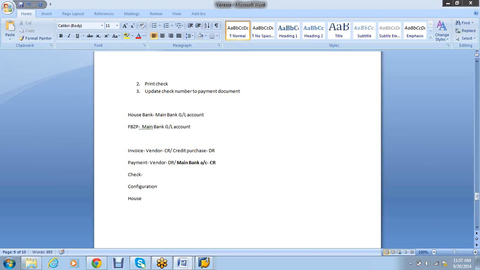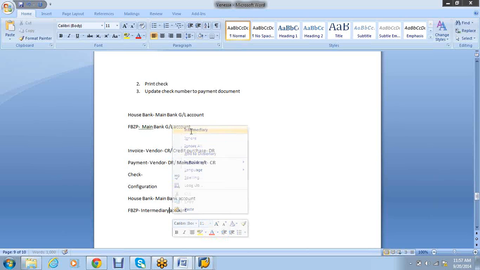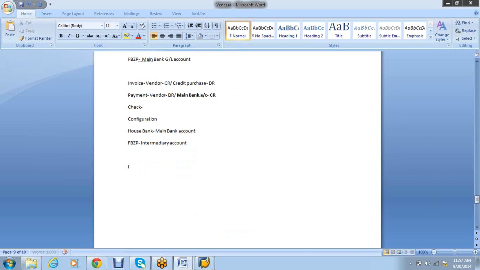In the house bank, my main bank account, in the FBZP, in your APP configuration, my intermediary account, and intermediary account will be updated, and when the invoice is created, the same